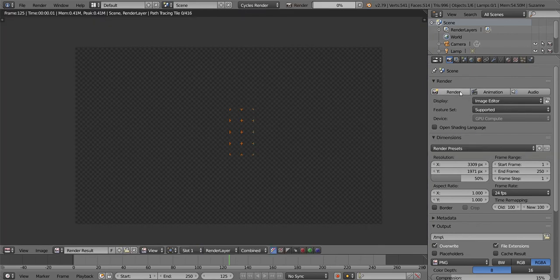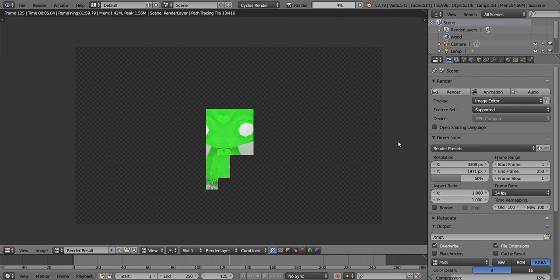Then I'll press the render button, and you will see that slowly it will render.